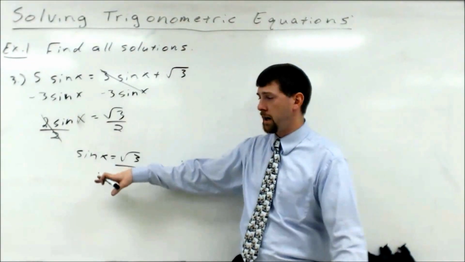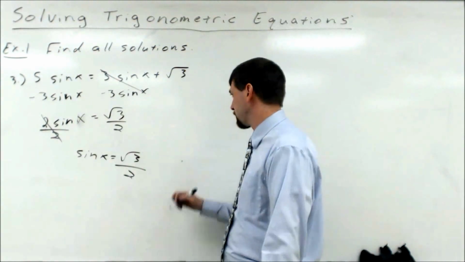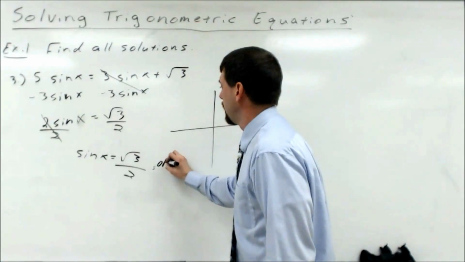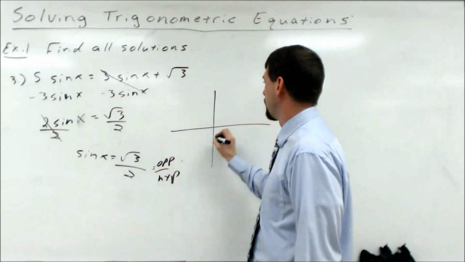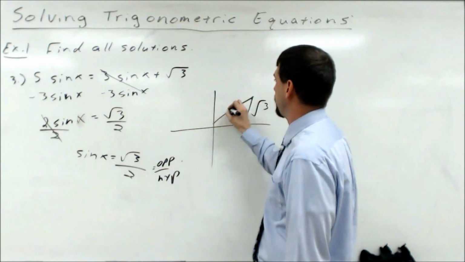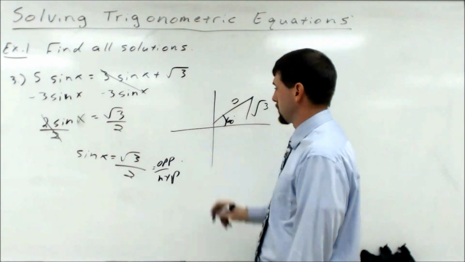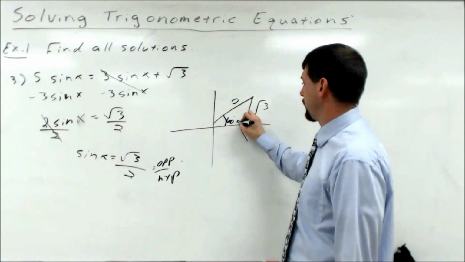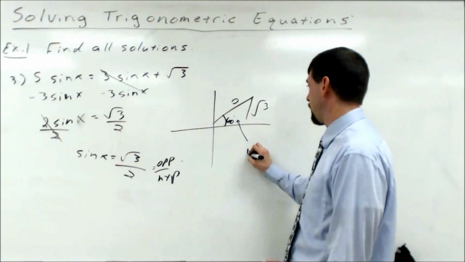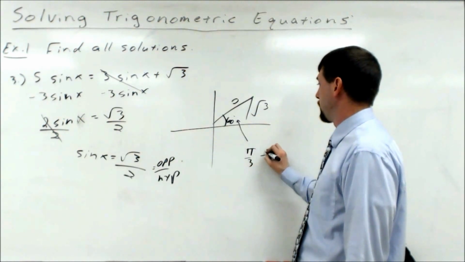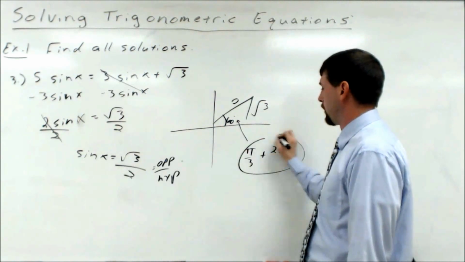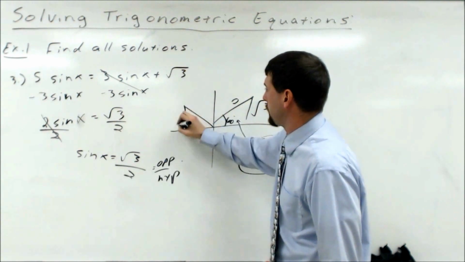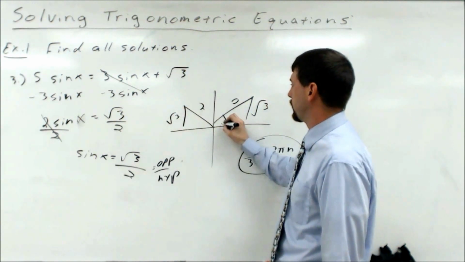Now, use calculator, use triangles, it doesn't make a difference. I'm going to go with triangles. Sine is opposite over hypotenuse. So opposite square root of 3, hypotenuse is 2. Once again, 60-degree angle because it's 30, 60, 90. So we know that is, what we just said, pi over 3 plus 2 pi n. That's the first one. And then the other one that has opposite square root of 3 and hypotenuse of 2